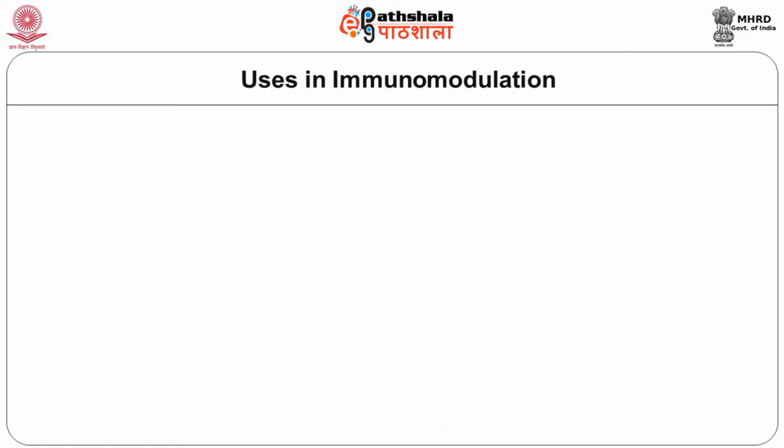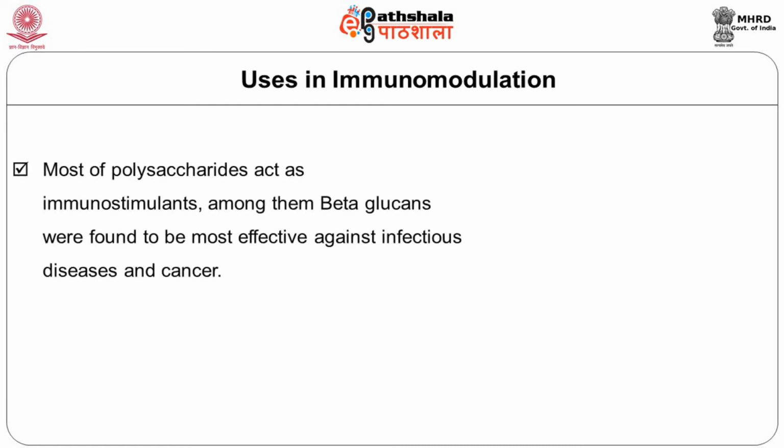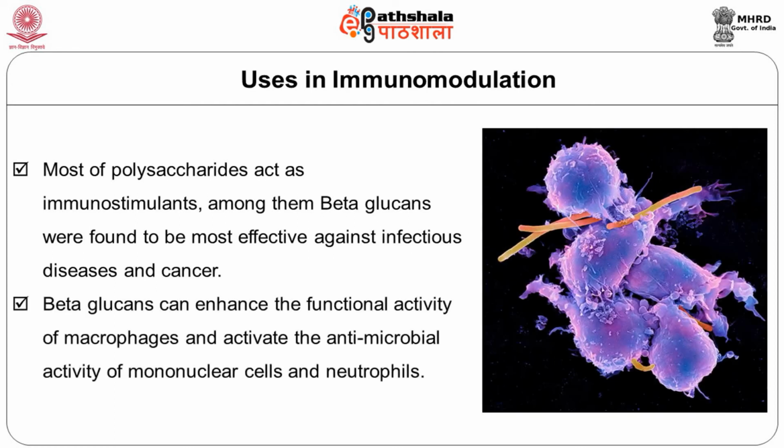So, what are the uses of this beta-glucan in various areas? In immunomodulation, most polysaccharides act as immunostimulants. Among them, beta-glucans were found to be most effective against infectious diseases and cancer. In vitro studies have shown both humoral and cellular immunity. They also demonstrated that beta-glucans can enhance the functional activity of macrophages and activate the antimicrobial activity of mononuclear cells